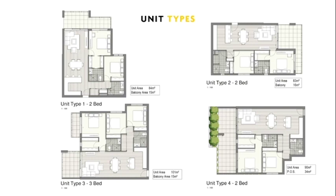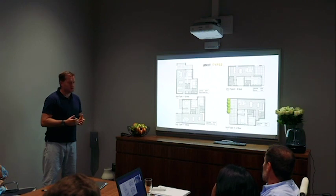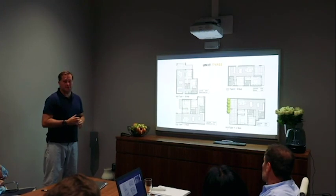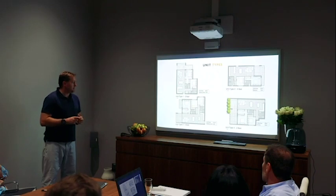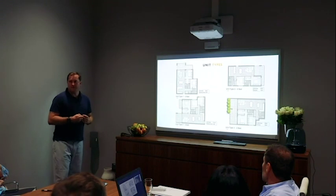So the big thing about these units and the rental demand on units is that 90% of Australians won't buy. They would prefer to rent, and the rental releases some more capital for them to actually use to spend on lifestyle. And I think the stat in the Brisbane CBD at the moment is that 90% of Australians, new Australians, won't buy ever. The 10% that do buy will take 7 years to save the deposit. So you can see from the socialist type of economy that it is, highly geared towards enjoying lifestyle and really using every cent, not focusing on acquiring